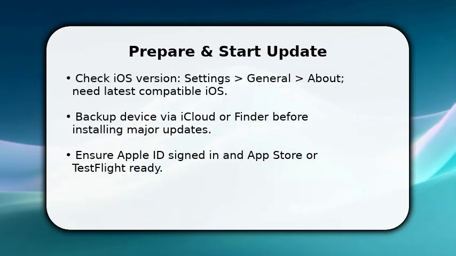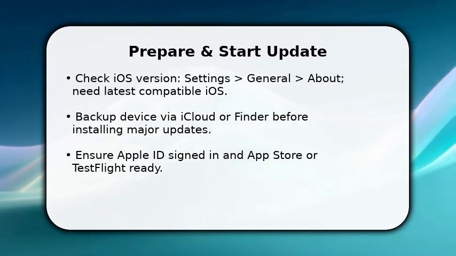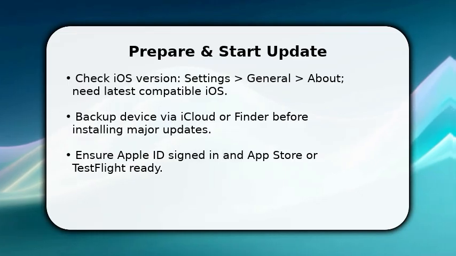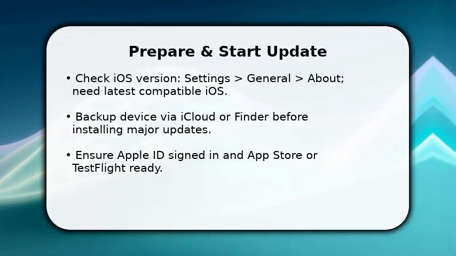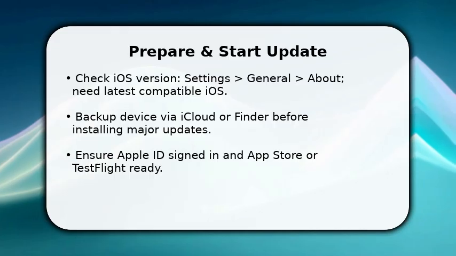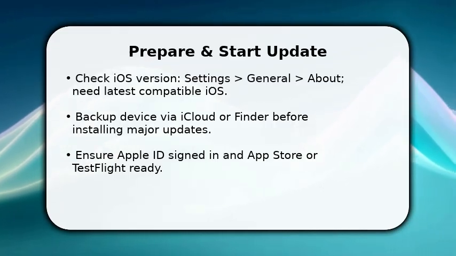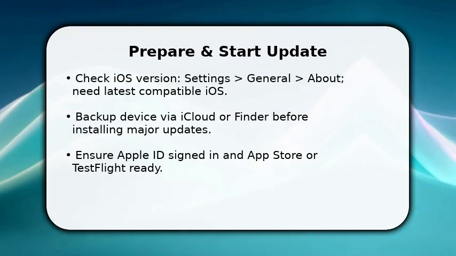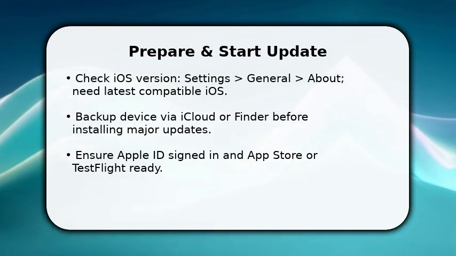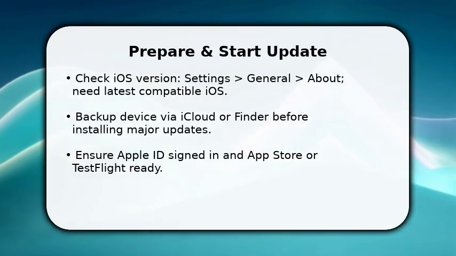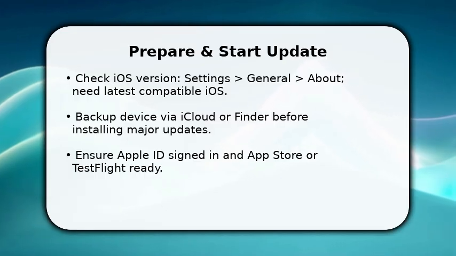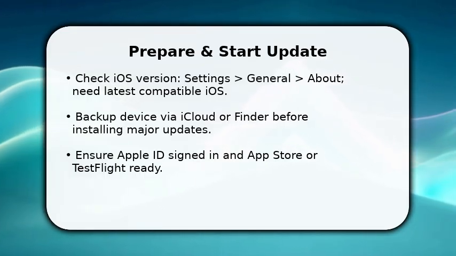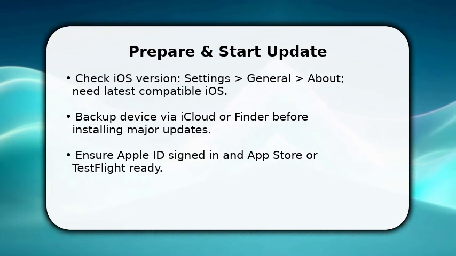You begin by confirming prerequisites. Make sure your device runs the iOS version the CPM update requires and back up your data first. Once done, sign into the Apple ID linked to your CPM app and open the App Store or TestFlight, depending on the delivery method. Make sure Wi-Fi and sufficient battery or charging are active. Updates can stall on low power. Doing this prevents data loss and ensures the installer can complete without interruption, so you can proceed to fetch the